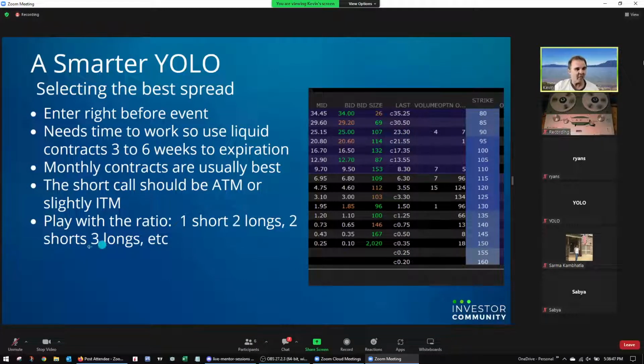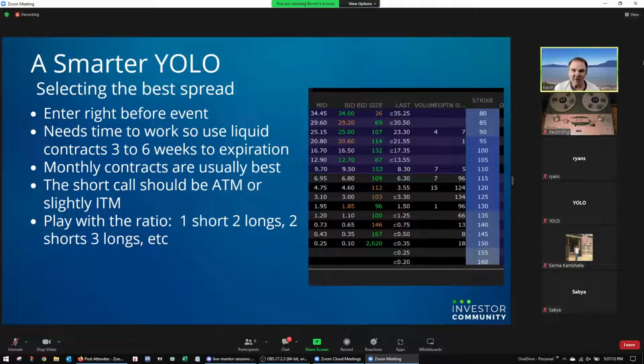The bigger these numbers get, of course, the greater your potential max loss is, so be careful there. The most important thing is to watch out for that max loss. Even though it's very unlikely that you're going to take a max loss, it's possible, it could happen, and you don't want to be risking more than you can afford to lose, obviously.